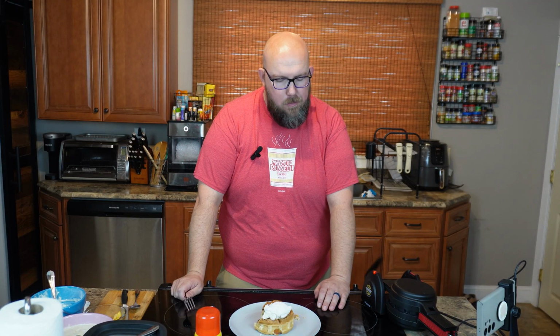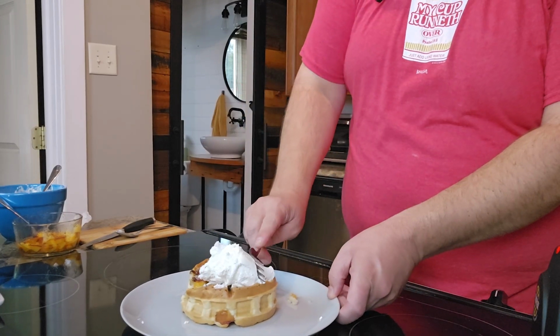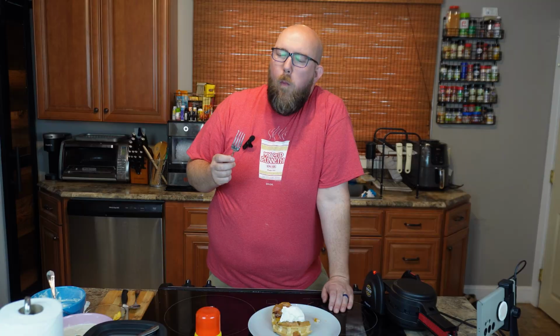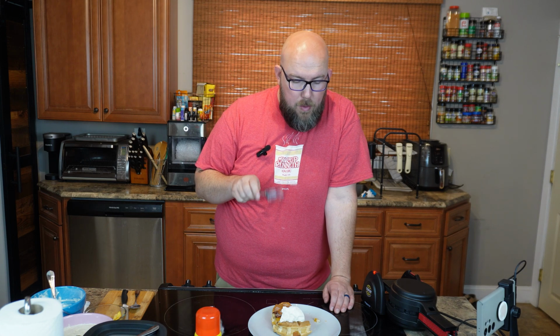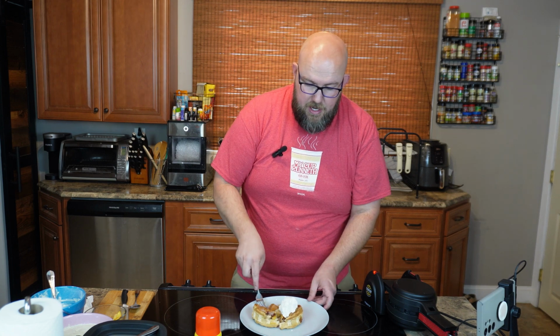That's perfect. Oh my gosh. Oh, that's so good. Okay, let's try it with the whipped cream. This thing is thick. Honestly, personally, I kind of prefer it with the butter rather than the whipped cream. There's not a whole lot of flavor to this whipped cream. Don't get me wrong, I'm going to eat the heck out of both of these. But,